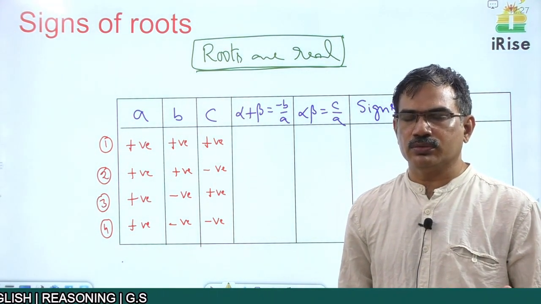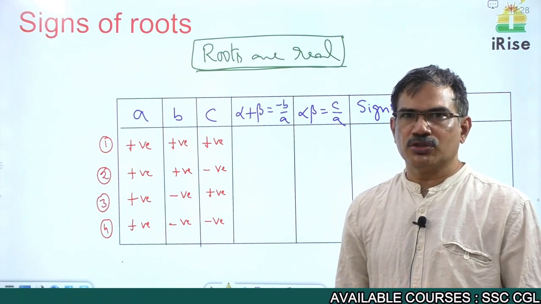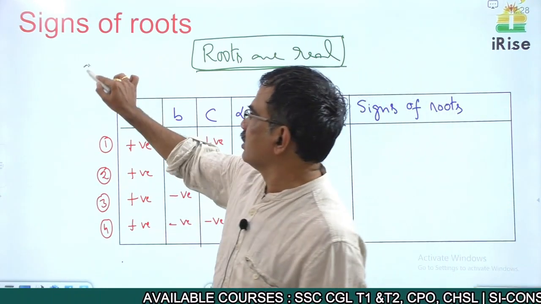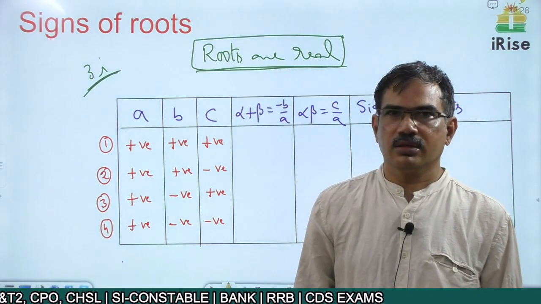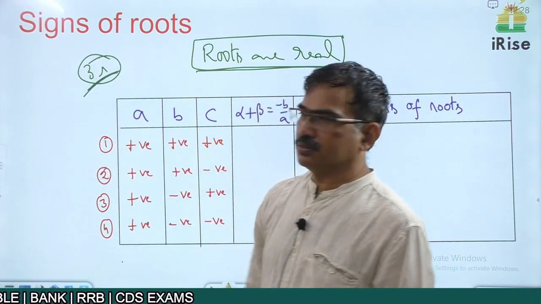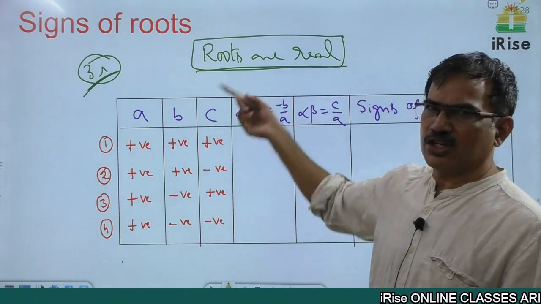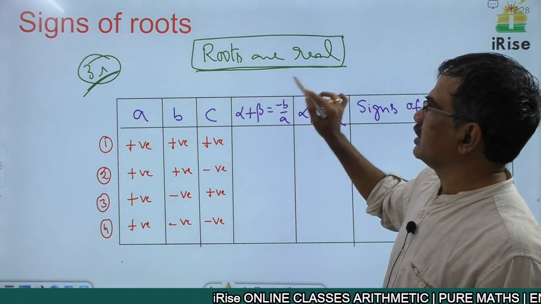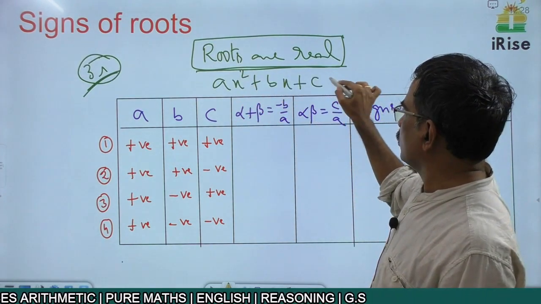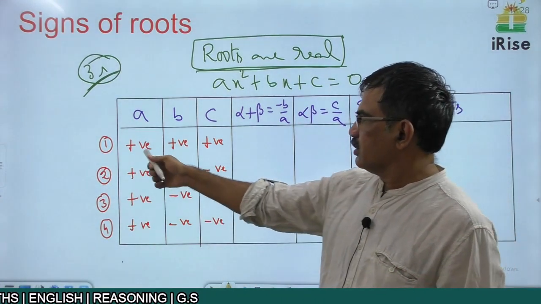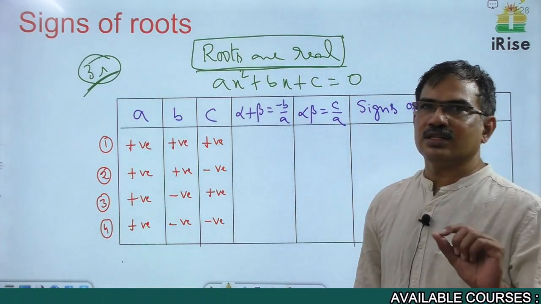For example, minus 3 by 2 is a negative number. 0, yeah, 0. 3 by 2, positive number. For example, 3i given, this is a complex number or imaginary number. We can't say whether it is positive or negative. Understood? So if roots are real or rational, then we can find the signs of the roots. If ax square plus bx plus c is equal to 0 is a quadratic equation, first condition where a, b, c are positive numbers, then what about the signs of roots?